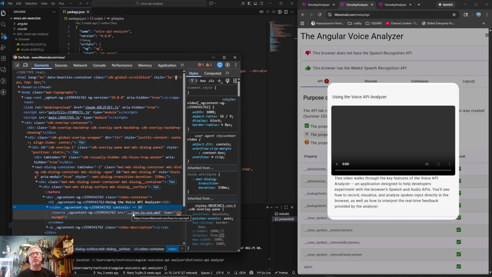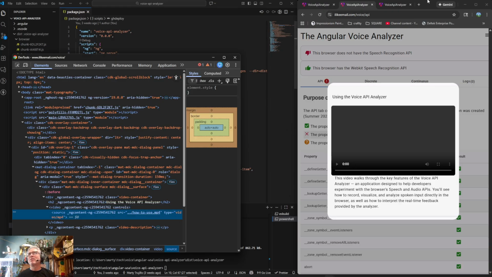How to use. And let's ask ChatGPT. I don't know what I'm doing wrong.